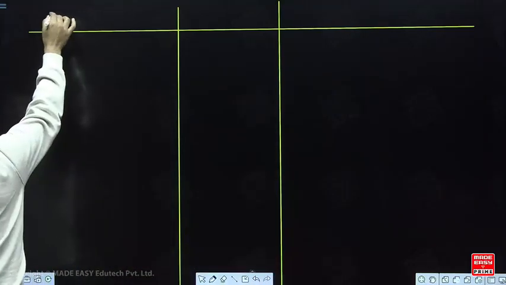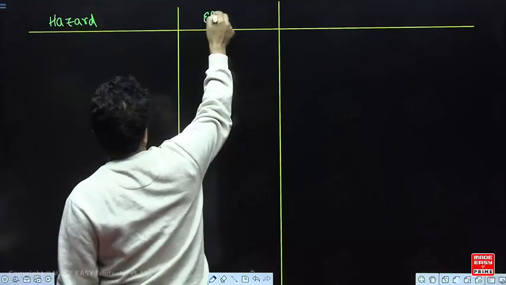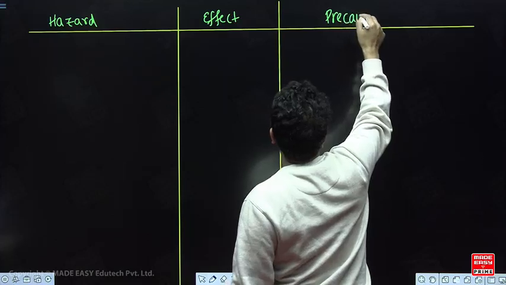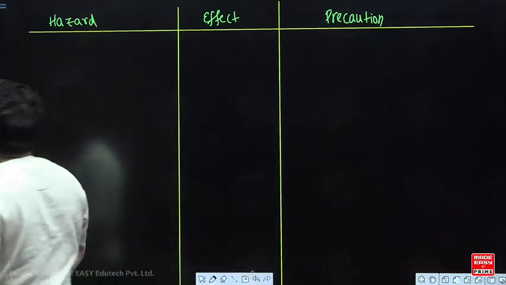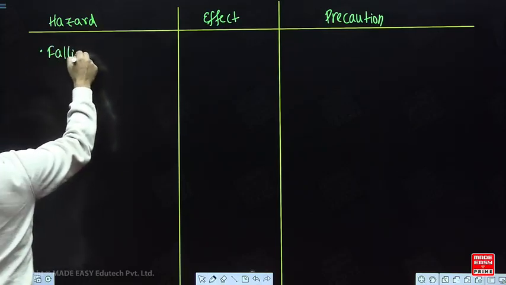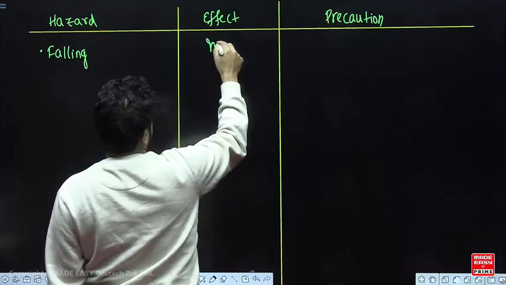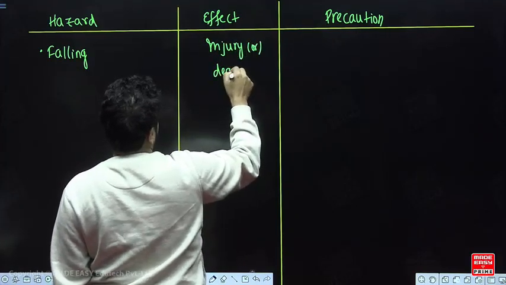So what is the hazard, effect and precaution. Hazard, effect and precaution. So first hazard क्या है, falling, गिरने से, तो effect क्या हो जाएगा, it is injury और even death, injury और death है ना, डिपेंड करेगा how much height,